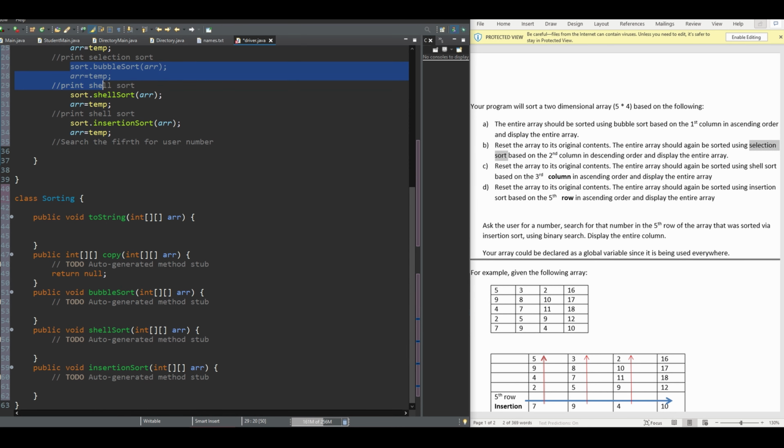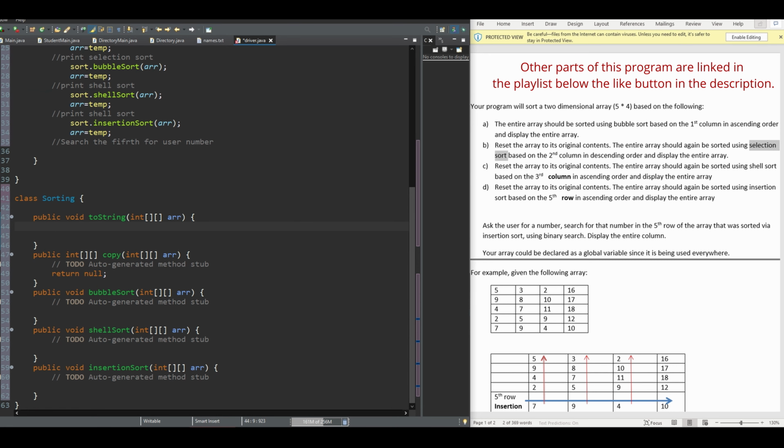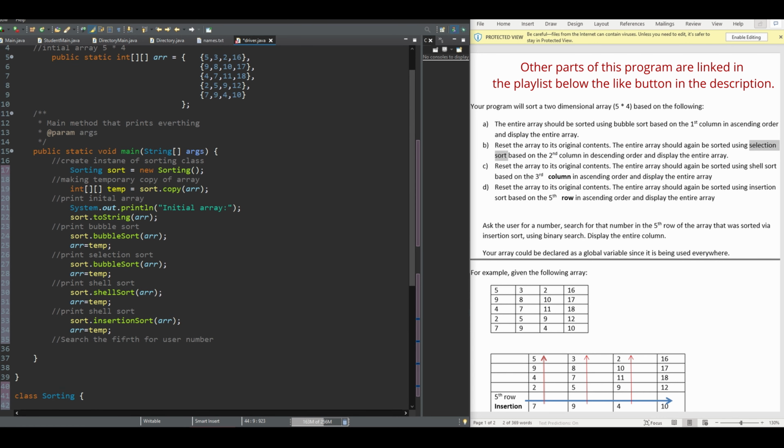So if we scroll down, we're going to be in the toString part. And for the toString part, all we're doing is just printing out our array. So to print out our array,